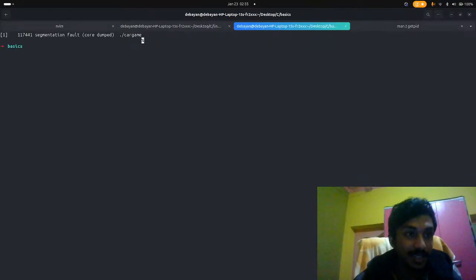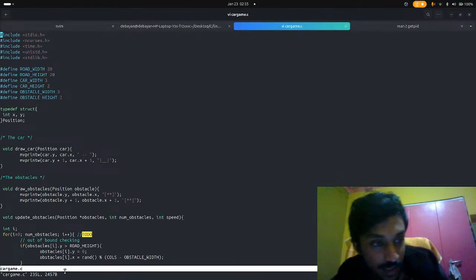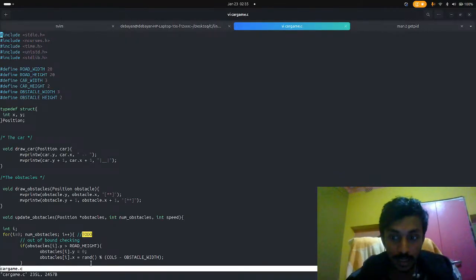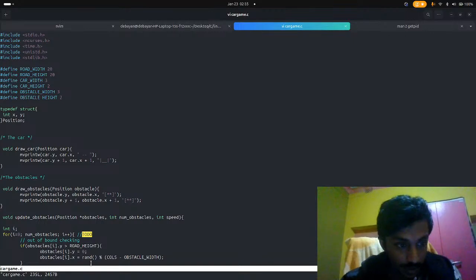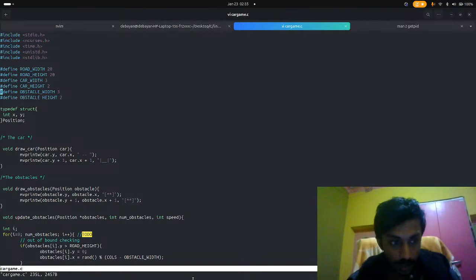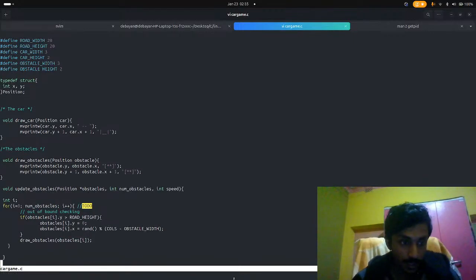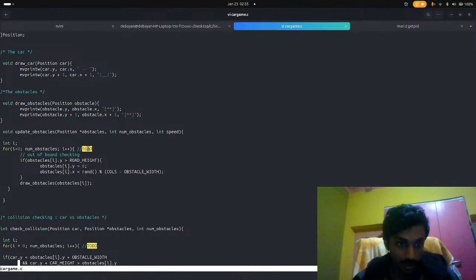I have a segmentation fault. Awesome. Now fix this. Let me see what the segmentation fault is. Try to debug this, right? That is the main debugging thing I have to do. So I think that